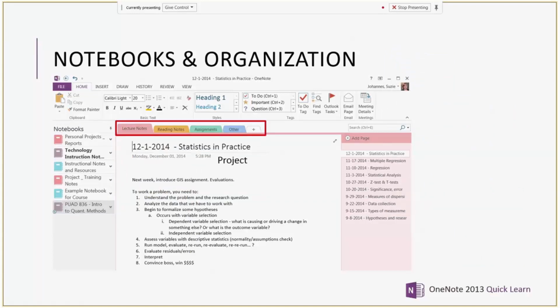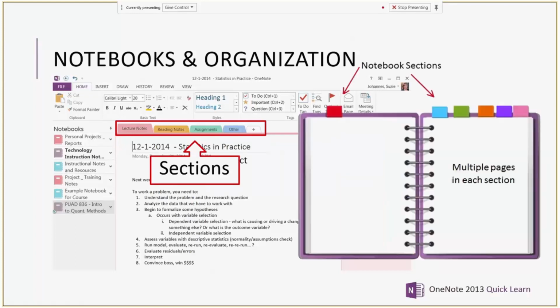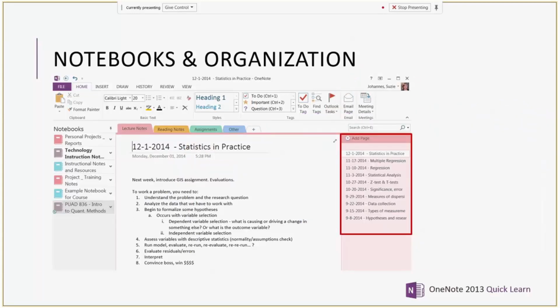Okay, so we talked about the top level of organization, the notebook. Then within the notebook, we have sections, and those are viewed as tabs across the top when you're clicked on your notebook. So just like a regular notebook has little tab dividers, same thing with your digital notebooks. Under each tab, you have one or multiple pages. With those pages, you have the title of the page at the top of the page. So here, this statistics and practice area is the title that runs along here.